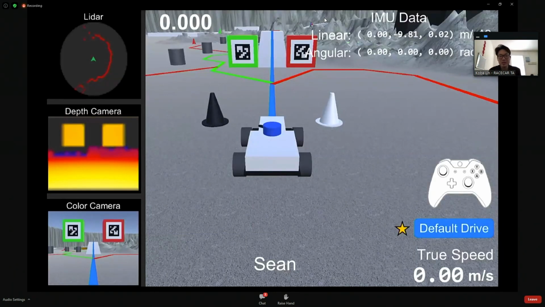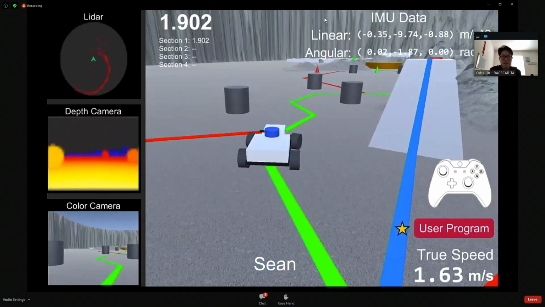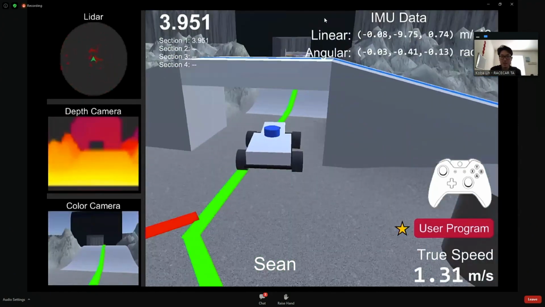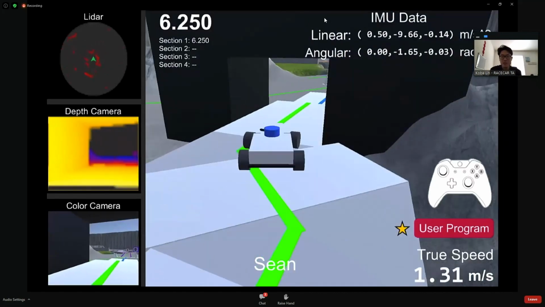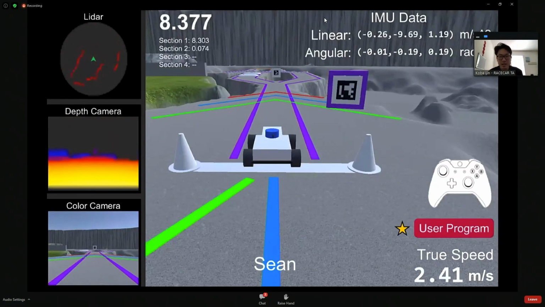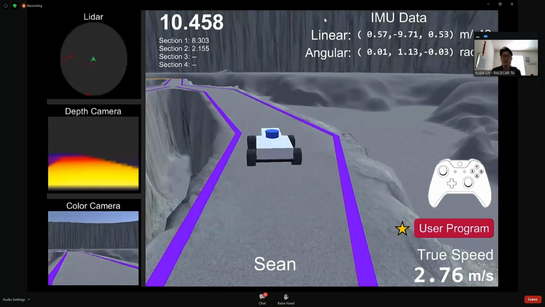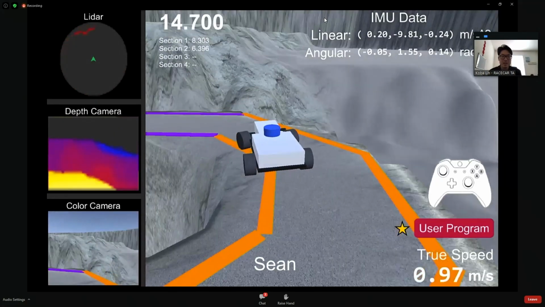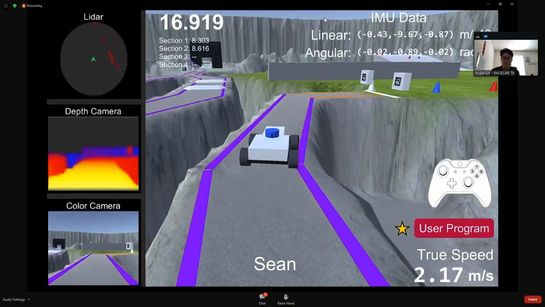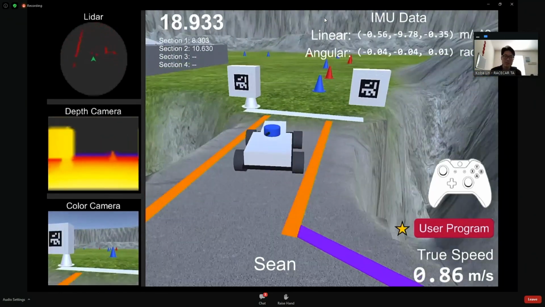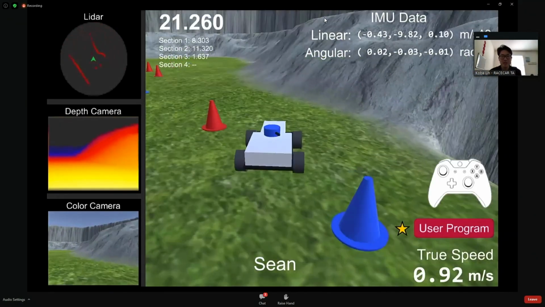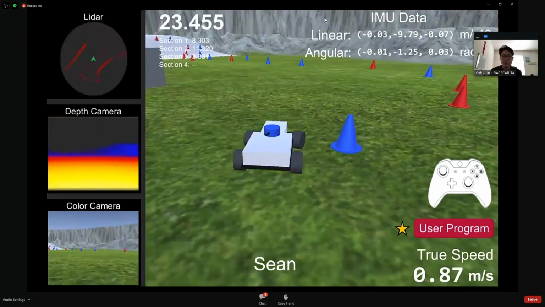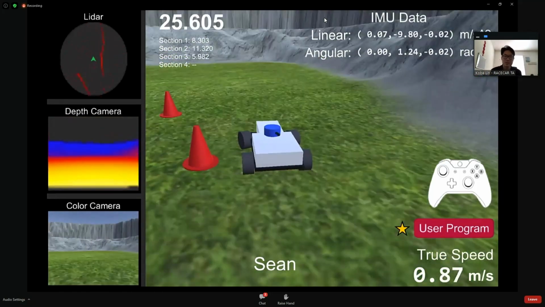And now we will take another look at Sean's run, just to highlight how successful his was. And he is able to weave into the right color, reading the AR tag, gets through the line following with no problem, enters into the lane following phase, gets the right read on the AR tag, no speed adjustments until now, is able to successfully stay on the course through the cliff without falling off, and has successfully completed the